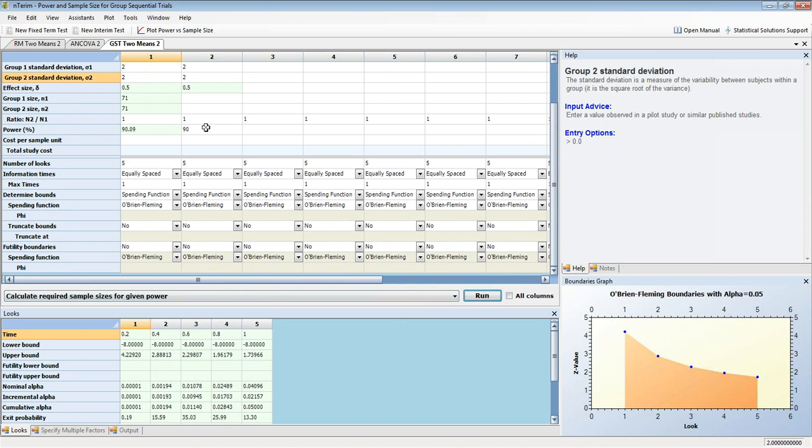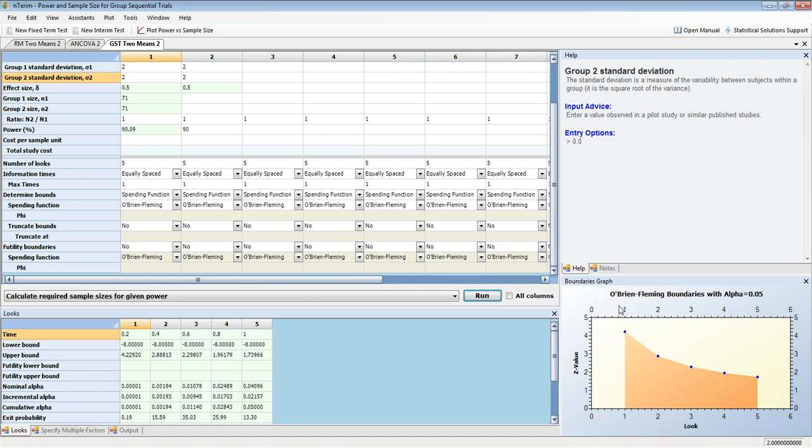And this will calculate the required sample sizes for the given powers, very similar to the fixed period trial. What's different here is that there's a lot of additional output given in group sequential trial design, in that here at the bottom you see the looks data is also given. And this looks data gives you the information relative to the actual group sequential design itself, so it tells you the incremental and the cumulative alpha that you spent at each look, and it also gives you the corresponding boundaries to each of these.